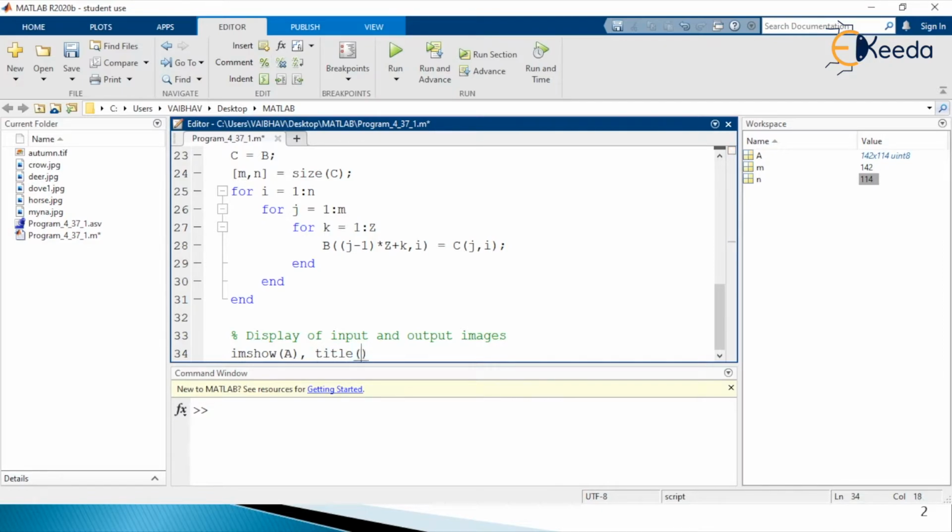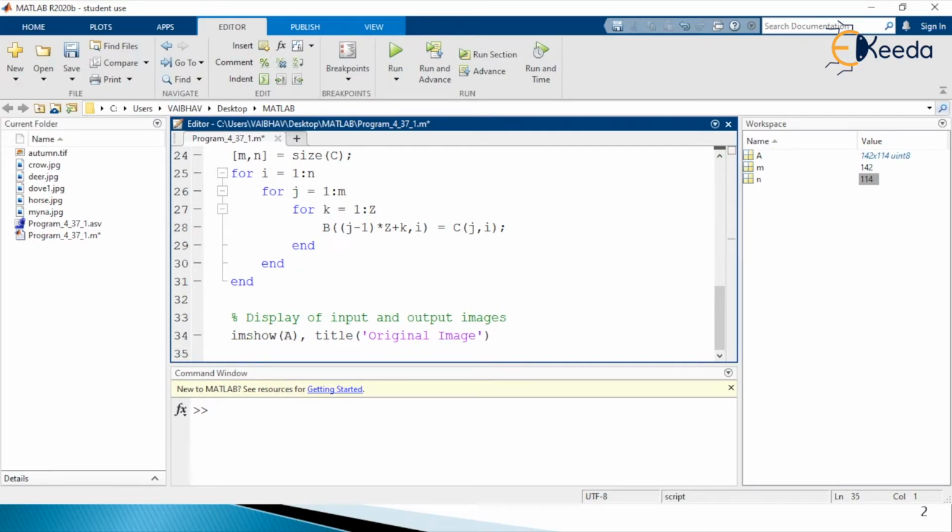So within the parentheses beside the MATLAB keyword title, there is a pair of single quotes to display the string. Here we are writing original image, that is the input image to be zoomed. By the next line, we are going to display the output image. The first syntax imshow A is the display of the input image. Next, as we would like a separate window generated for display of the output image, that is zoomed as per the zooming factor that we have provided from the command prompt here.